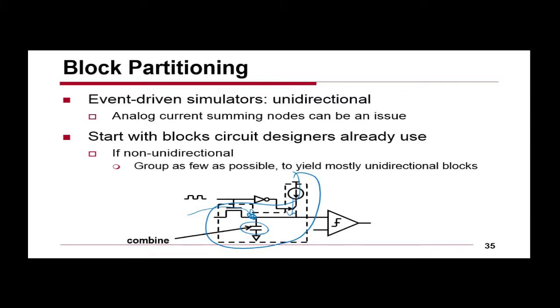Okay. So the first thing you do is you run through and you basically tear apart the design in terms of things that are source-drain connected components, which is similar to the way you tear digital systems. And that will yield modules that are unidirectional that we can then think about writing a model for.